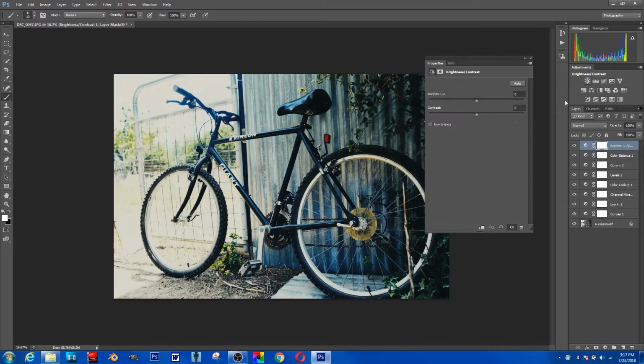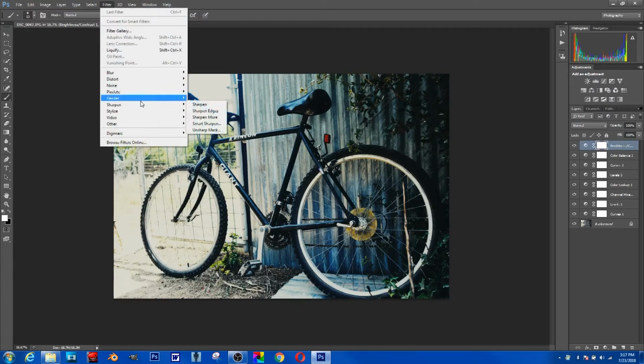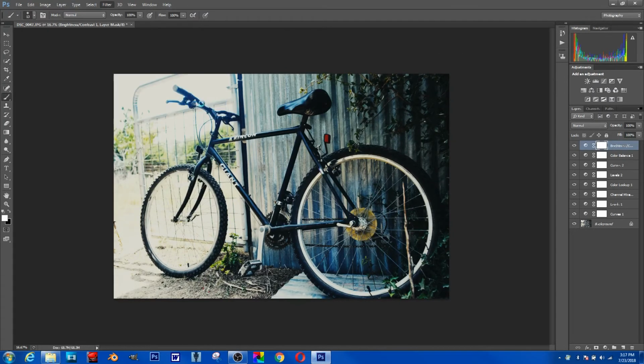Let's go up here into the brightness and contrast. Let's turn up the contrast just a little bit. And also let's go over here to filter, and let's sharpen this just a little bit. There we go. Alright, so that is pretty